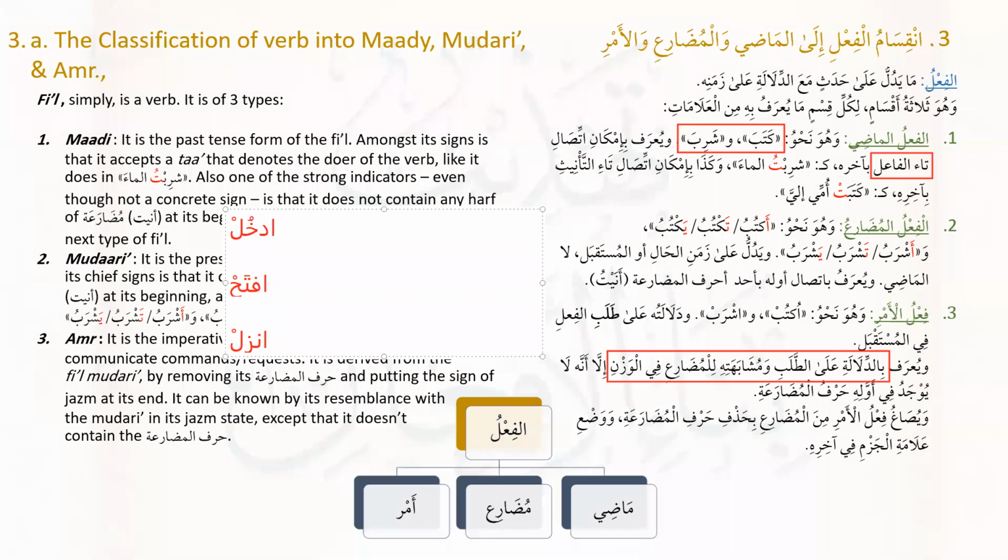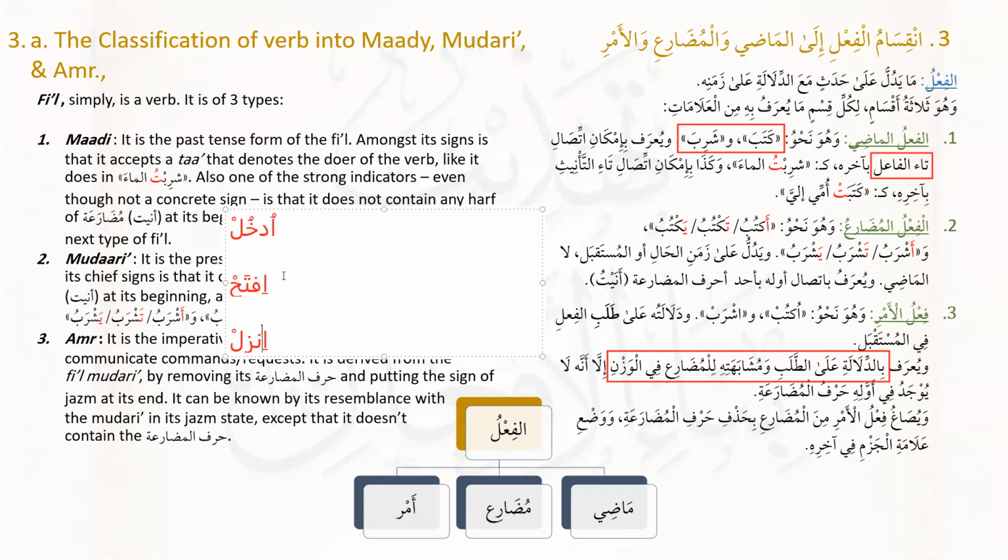If you remember these three examples, خلاص, you have mastered this قاعدة, that is what حركة should the Hamzat al-Wasl have. With a dhamma, just memorize these words the way they are being pronounced, the way they are being said. ادخل, افتح, انزل. Now this would يعني remind you what حركة you're supposed to put on the Hamzat al-Wasl whenever a word starts with the Hamzat al-Wasl.